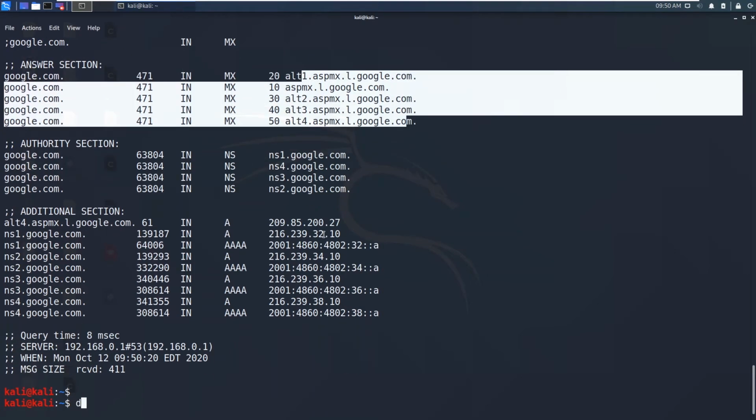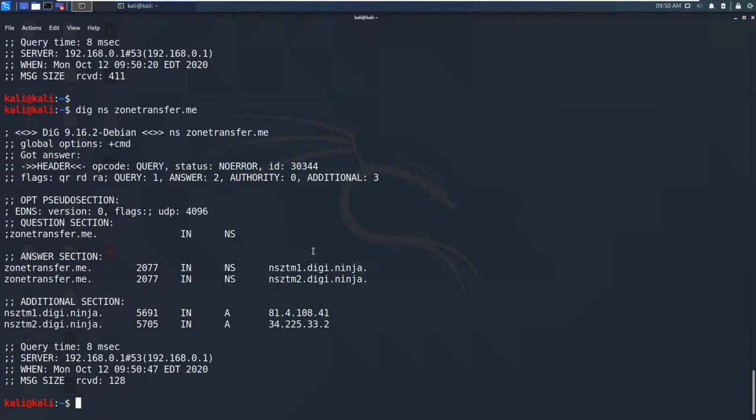So let me perform this same on the zonetransfer.me. So we have got the 2 name servers, that is this one NSZTM1 and NSZTM2, and we have got the IP addresses of those 2 name servers.